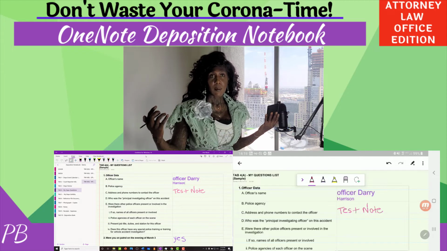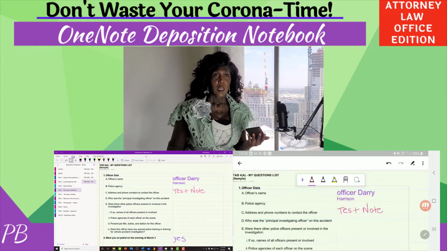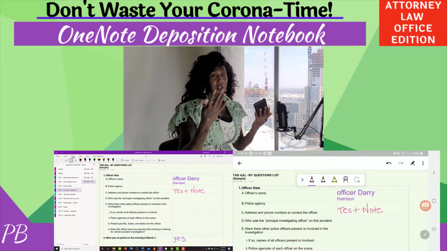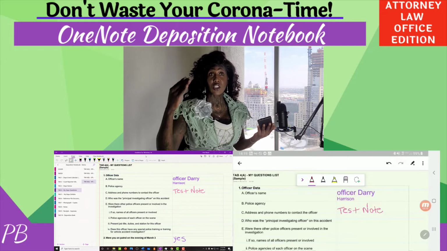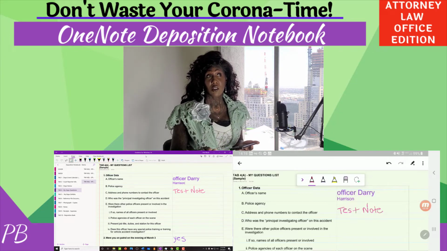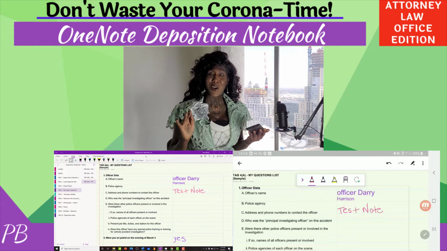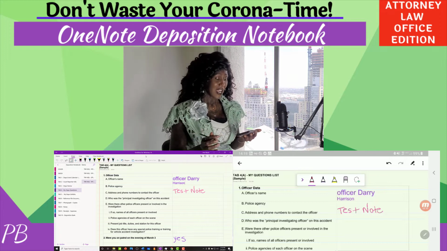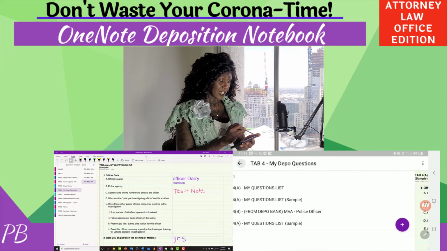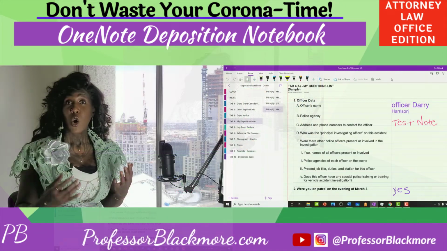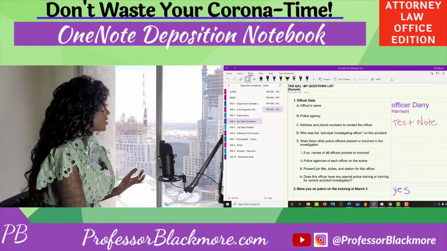And so I can communicate back to the office with my office staff if I wanted to do that, by having that immediate syncing to the cloud of information in the notebook. And once you place that note in your OneNote notebook, you'll never lose it. And you can search for this note very easily to find it if you need to get back to this note. And one more thing that I want to show you about this notebook is that during the deposition,